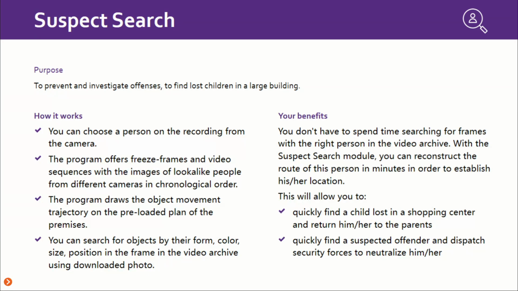With that, you can even compile a video of clips taken from different cameras, and these clips will be arranged in chronological order, and that will help you to find out the track taken by the individual that you have been interested in, and this individual was defined by his or her appearance. Same goes for a lost child. If you are in a position to describe the appearance of the child, you will be able to track the movement of that child.